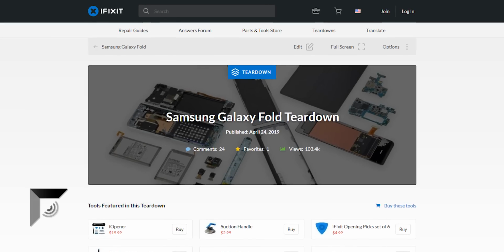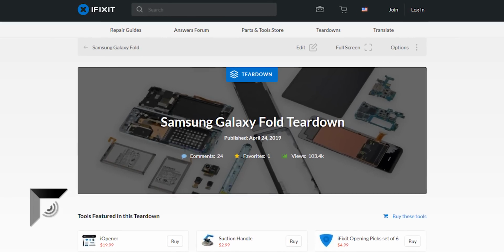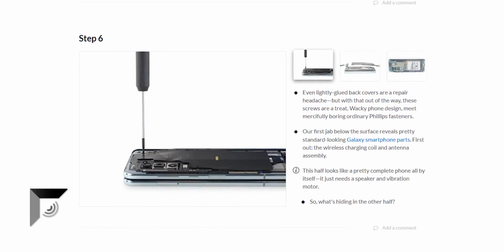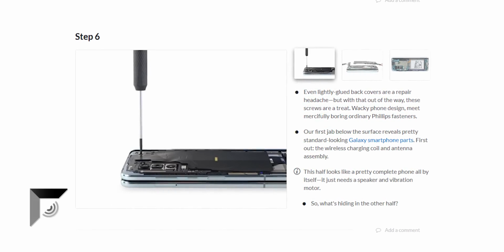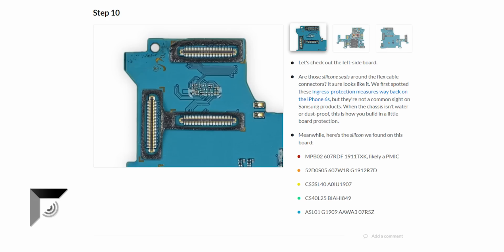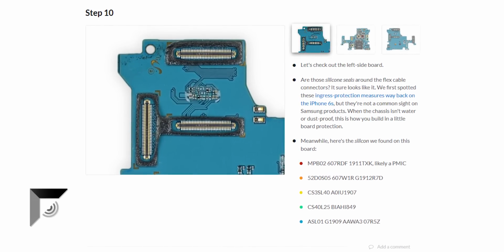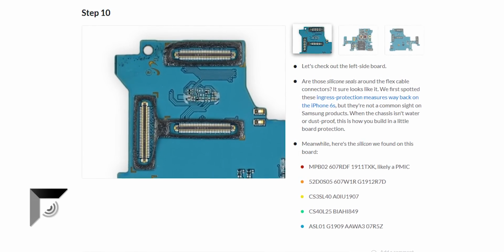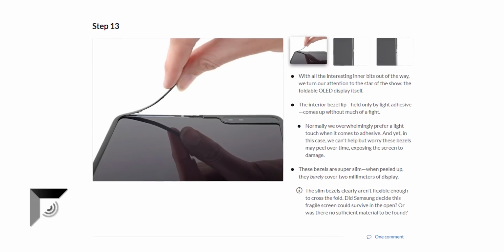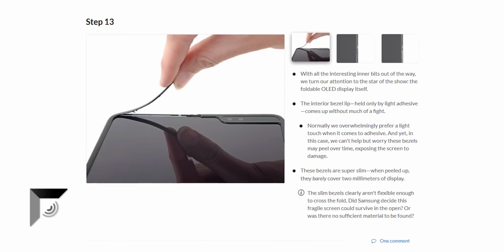Here is the iFixit teardown of the Samsung Galaxy Fold. iFixit did what they always do with every phone ever. They tear it down. It shows you what sort of love went into the device to make it a thing, but it also shows you the shortcomings of said device. Like, this specific teardown showed that Samsung could have avoided some of the mistakes that they made with the Galaxy Fold. That some of the issues that we were encountering with this device could have been avoided if they just,